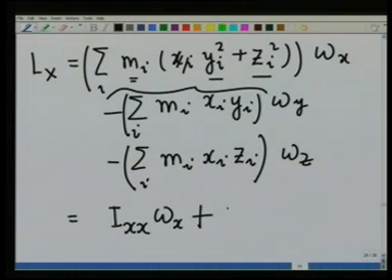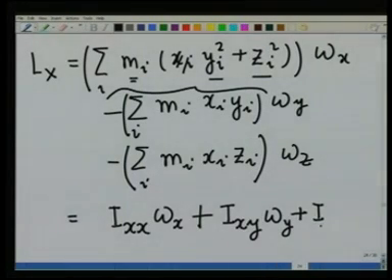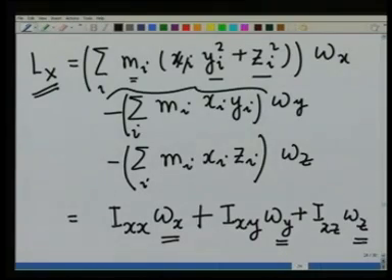Let me define this as the product of inertia I x y and multiply by omega y, plus the last term, which I identify as the product of inertia I x z omega z. So, you see the relationship between the x component of the angular momentum and different components of angular velocity is slightly more involved. You can similarly do calculations for other components, and I will leave it for you to work out,